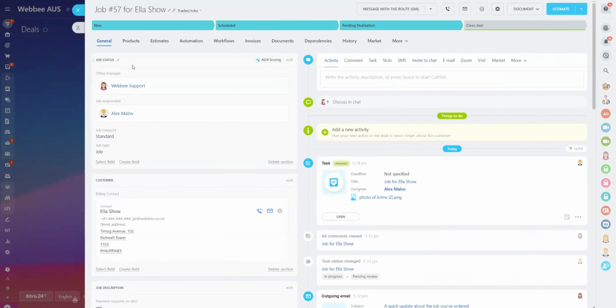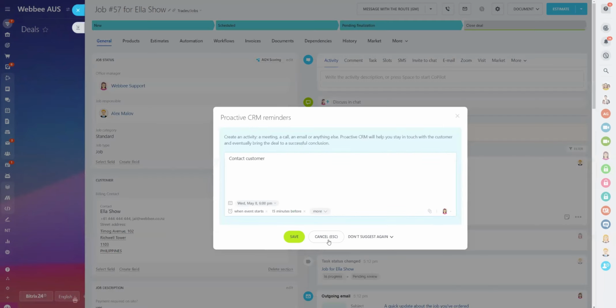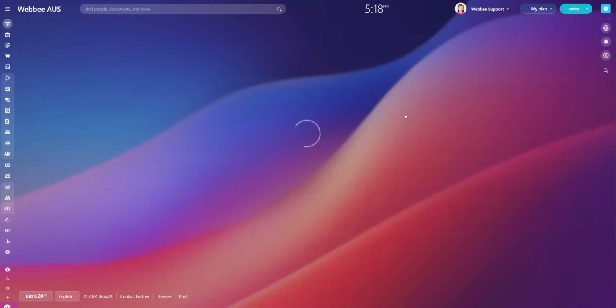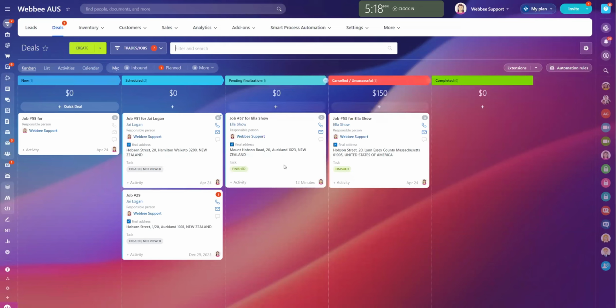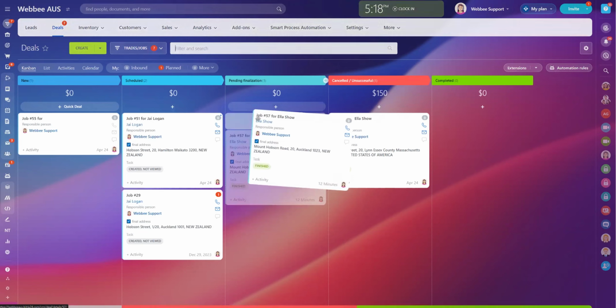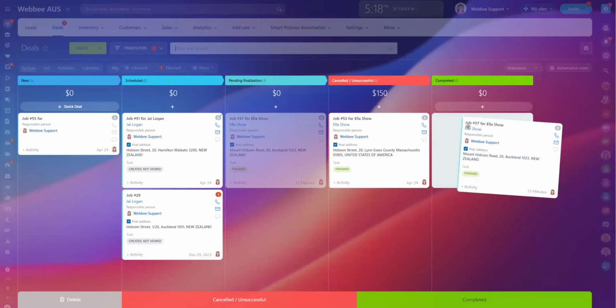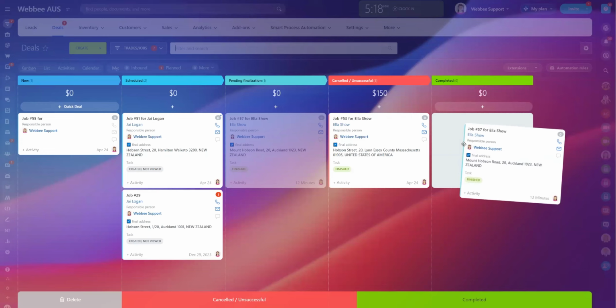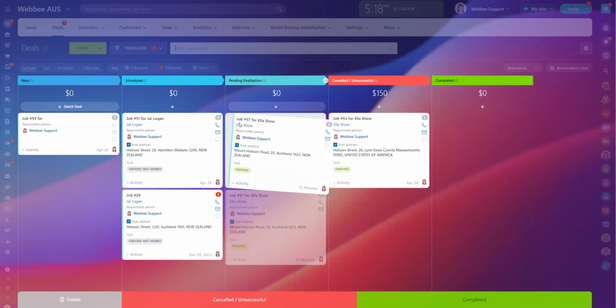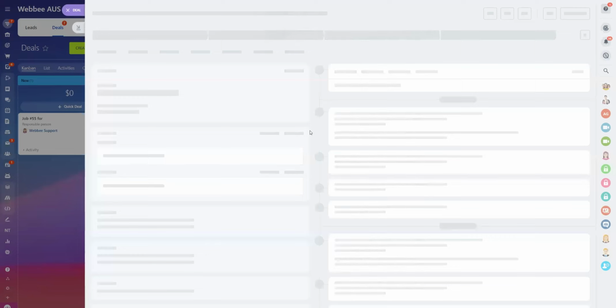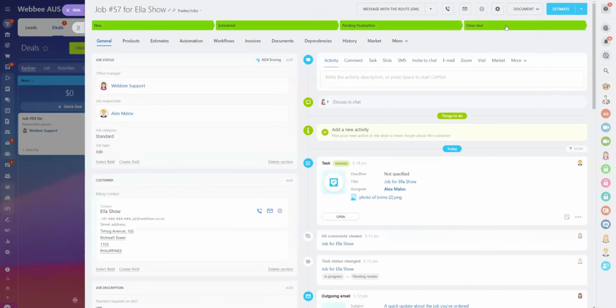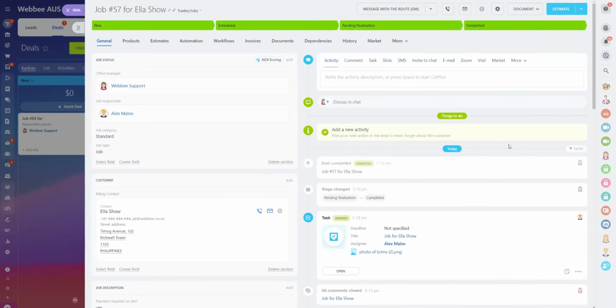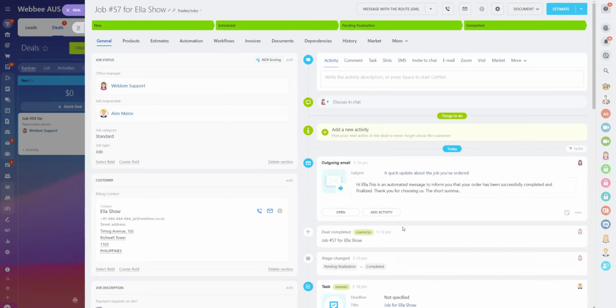Not automatically, but by moving the card manually. So it can be done here on the Kanban view like this, or it can be done from inside the card by selecting close deal and selecting completed status. As soon as the job reaches the completed status,